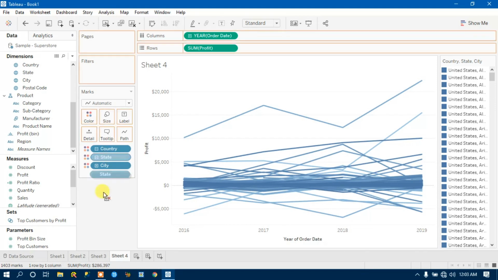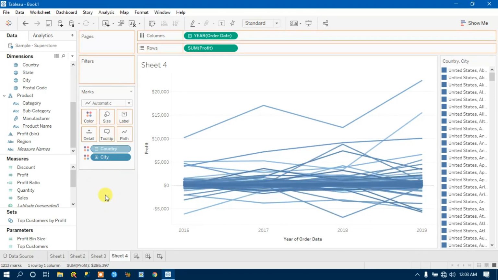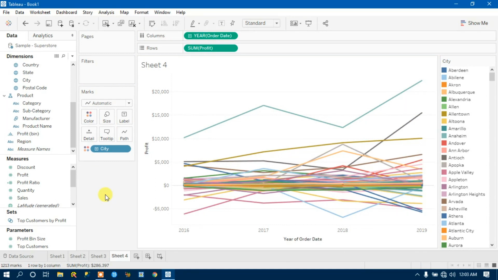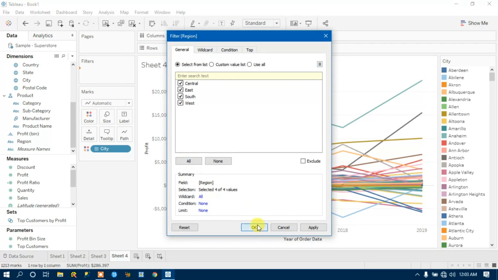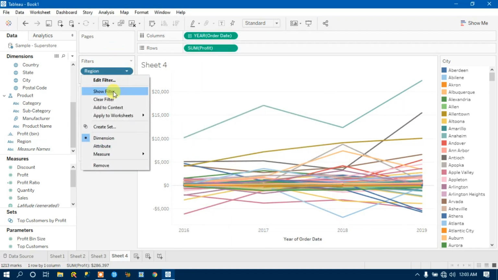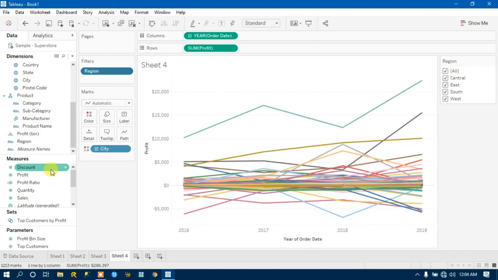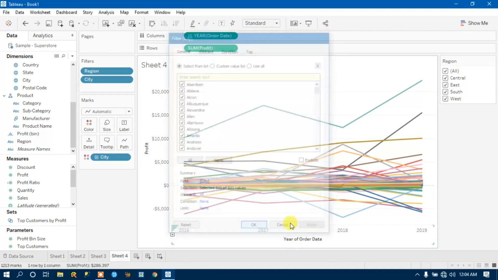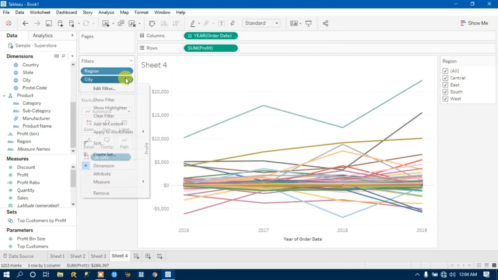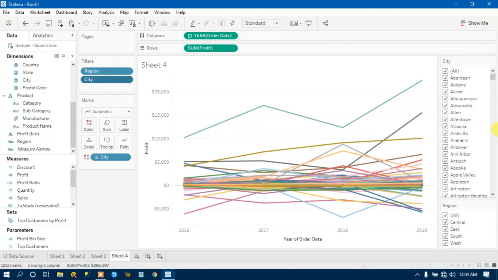I got the city, remove states, then country, and let's pick region onto filter, all, okay, and apply, show filter. It appears here, right? Let me remove this, I don't need this, hide card, and let me put city on the filter too.